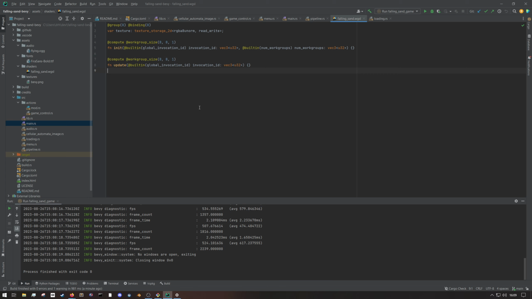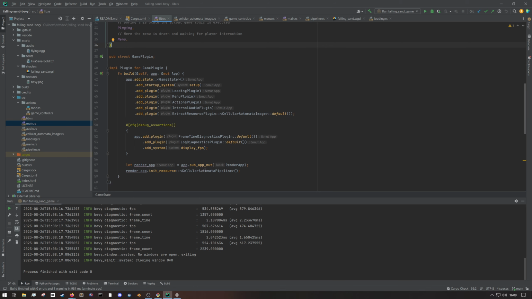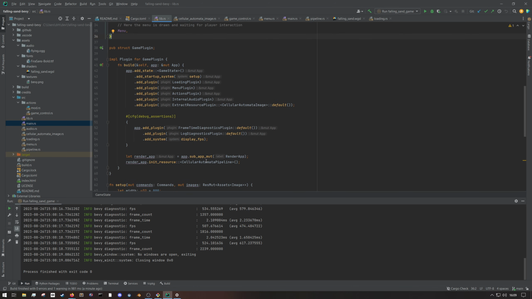And we have it in there, this is a resource, haven't we? Is that right? We got our pipeline. Yeah, so we've currently got the render app, which is a sub app of the main app, and then we're initializing our pipeline as a resource. Okay. So moving on from here,